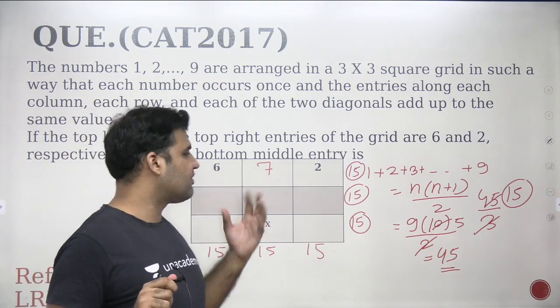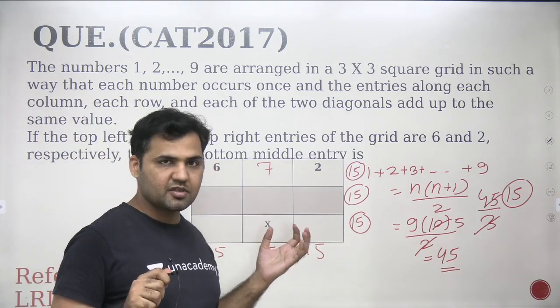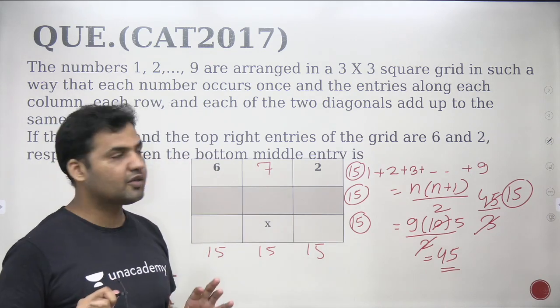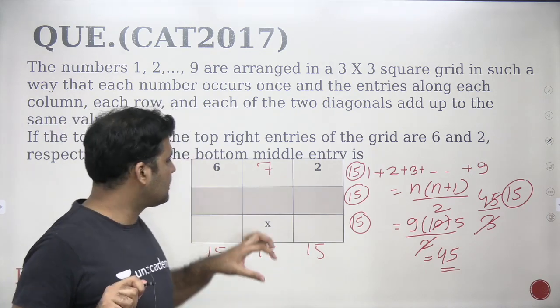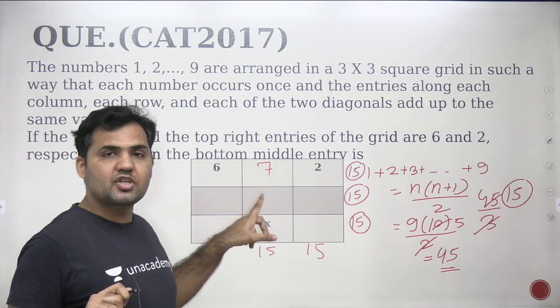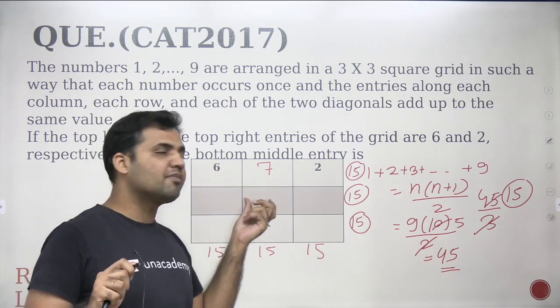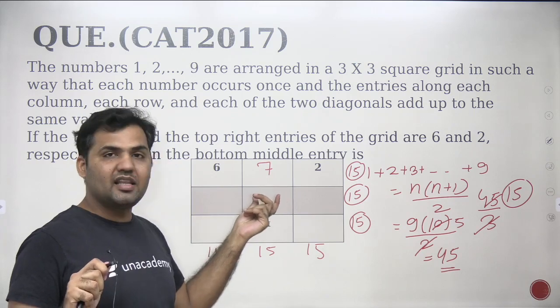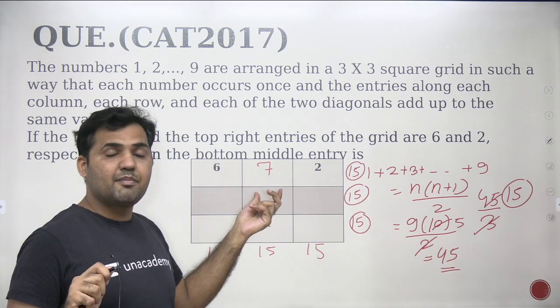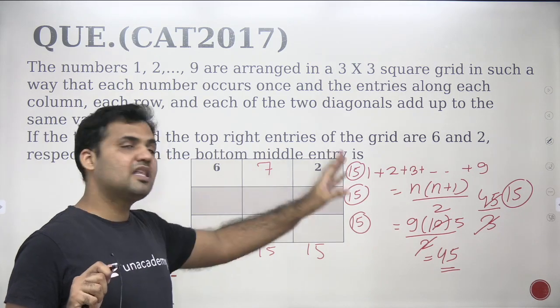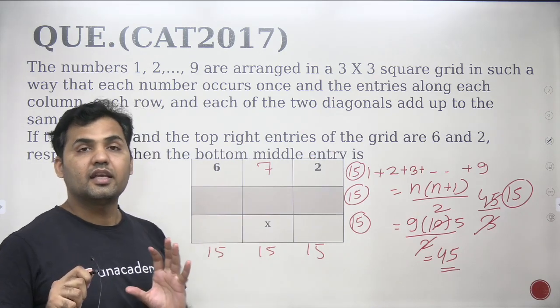Now, there are some tricks that you can use. The middle will have 5, right? If you can just keep this in mind. But I don't want you to cram any of this. Let's reach this conclusion. Which number will come in the middle, right? Whenever you're solving a matrix, try to fill in the middle number. The moment you find the middle number, it becomes very easy for you to fill the complete matrix.